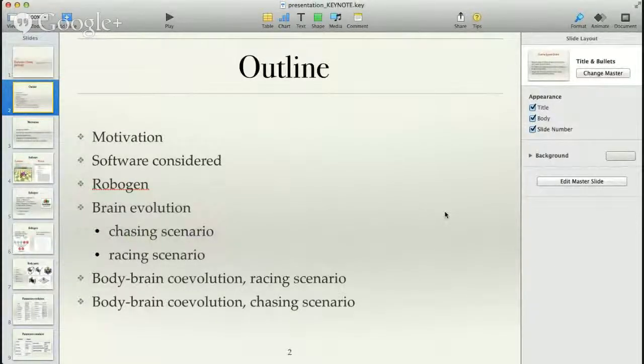Okay, so brain-body co-evolution, that's the topic of our koan, and this is going to be the outline of our presentation. So we're going to start with a little why are we actually doing this? So why might it be interesting to do brain-body co-evolution? So motivation for this topic, and then we're going to describe the different